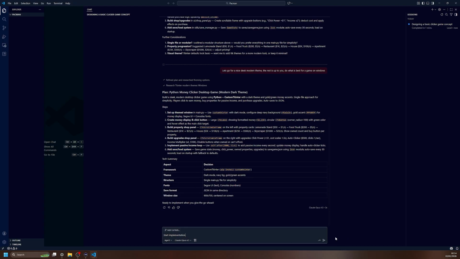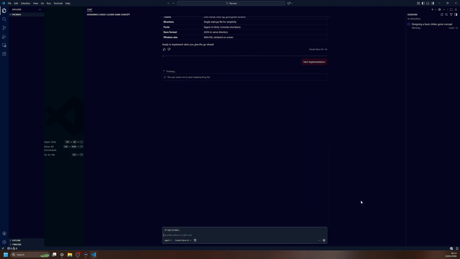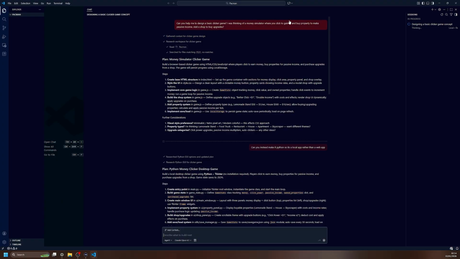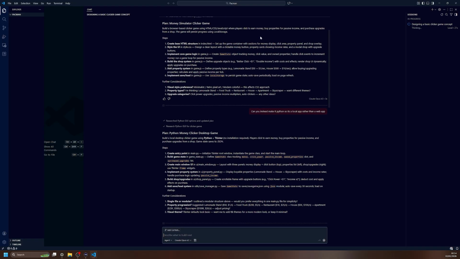I'm now going to hit start implementation and send that message. When you start implementation, you'll see it changes from your plan mode to agent. Essentially what we've done is we've taken this initial prompt. This is a very bland sentence, like I said, and it's very important to know that AI is only ever going to be as good as your prompt. So this is crap. This will give you god-awful